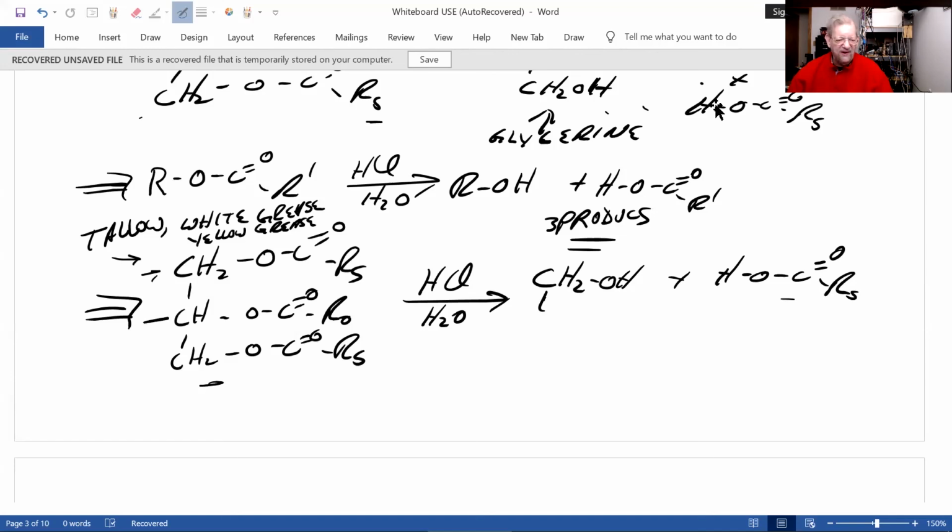Second ester right here, you get this alcohol plus what's my R group, you get oleic acid. And the last one, you'll get this alcohol and you'll get stearic acid. So you could put a 2 there